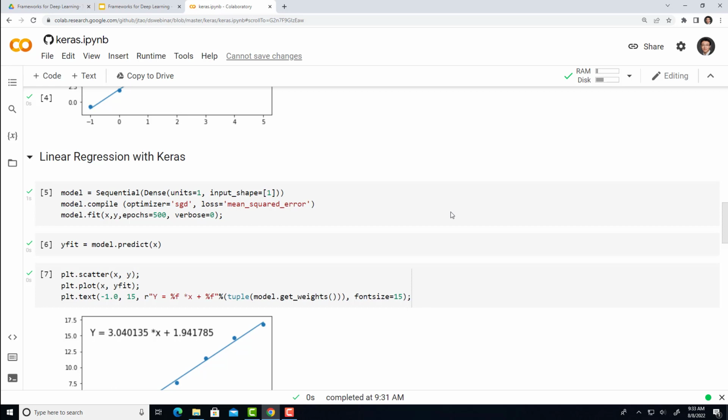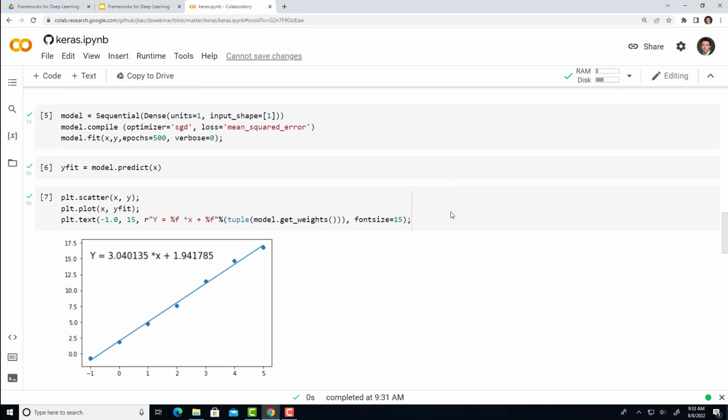Keras will be using a so-called dense layer, and we have only 1 input and 1 output, because every data point in your training data has 1 input, which is X, and 1 output, which is Y. Using X and Y, you can train the model to do the mapping from X to Y. The optimizer we're using is stochastic gradient descent, and the loss function is simply mean squared error. This is the one usually used for linear regression models using deep neural networks. Then you do the fitting with 500 epochs.